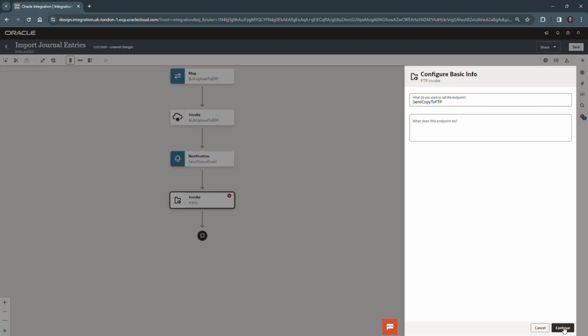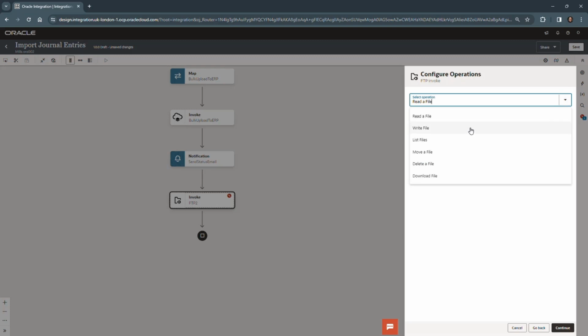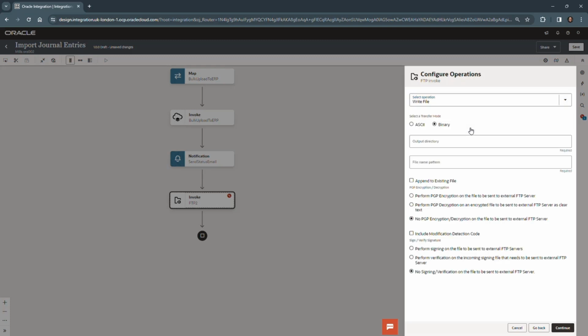There we go. And click continue. So this advances to our configure operation, and in this particular case we're using a write file operation to send a file for the output directory. Just since you have to have something, we're just going to put TBD. Sometimes you just leave these things blank, and sometimes they're actually required. I've never figured out why some are that way and some are not, but you just have to follow